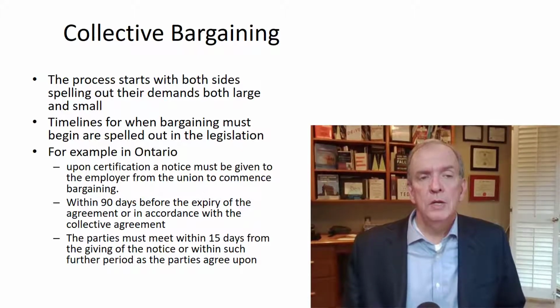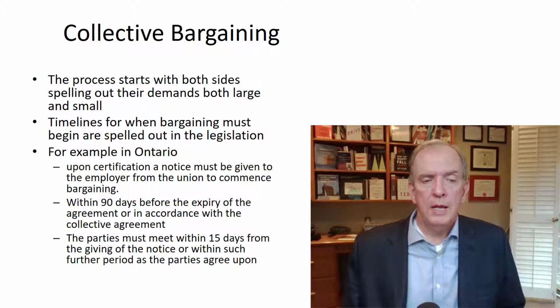Collective bargaining. So that's the process that starts when both sides spell out their demands. And it's kind of a longer process. It's not something that's done in a few days. It can, if you have a 4-year union agreement, maybe in the last year coming up to renegotiating, they'll start having meetings to sort of set down what the requirements are and to try to start laying out the schedule